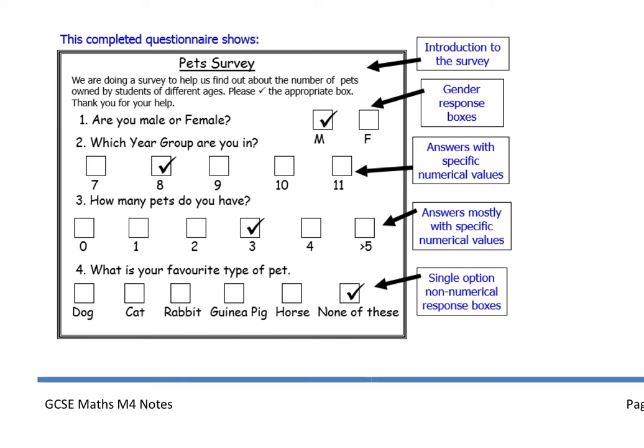So in this questionnaire, we can see they've got an introduction. We're doing a survey that helps to get a snapshot of the viewing habits of students in our school. This gives you a bit of a platform as to what you're doing, and people maybe answer more honestly if they can buy into it. So do you have a TV in your bedroom? That's a good question because it's a yes or no question.